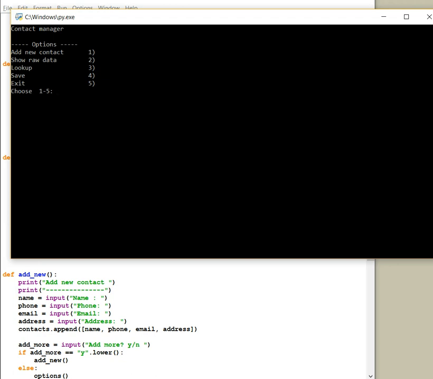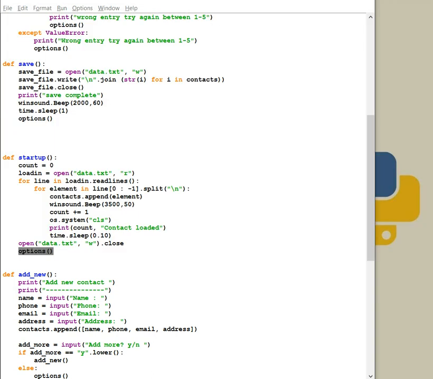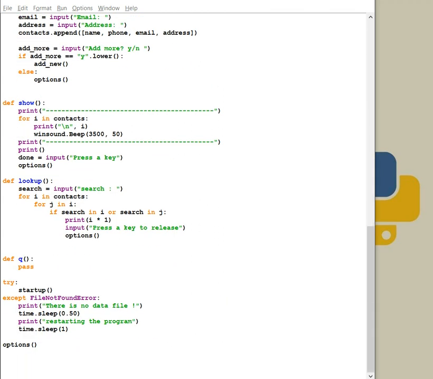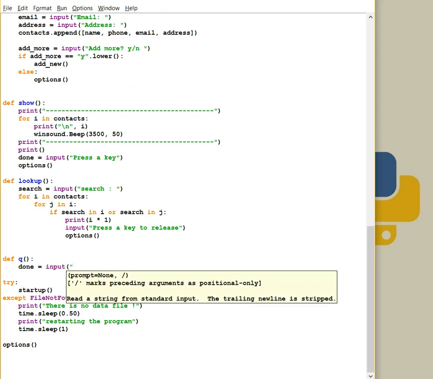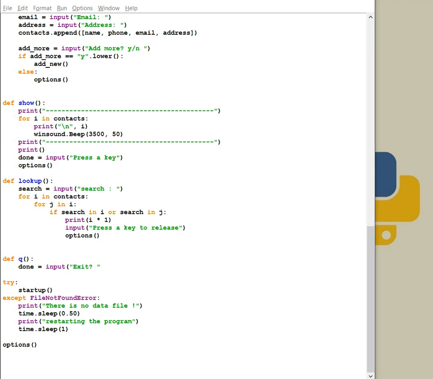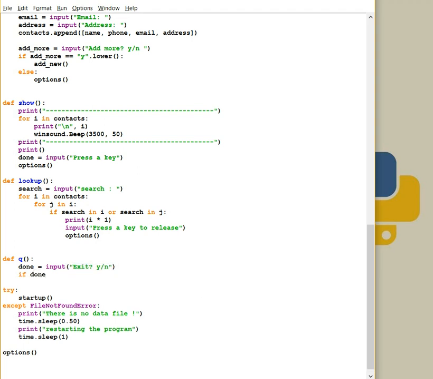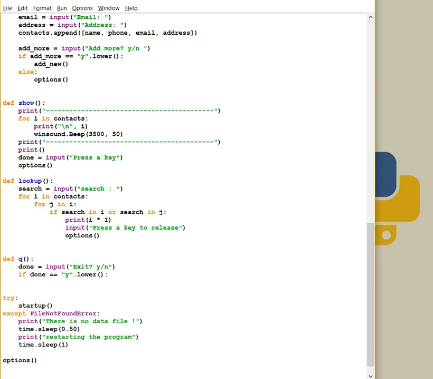How do we exit? Then we need to write the exit function. And for exit, we are here. Again, we create a variable. We can create a variable like done equal input and ask for confirmation: exit, yes or no. So if done equal y dot lowercase, then